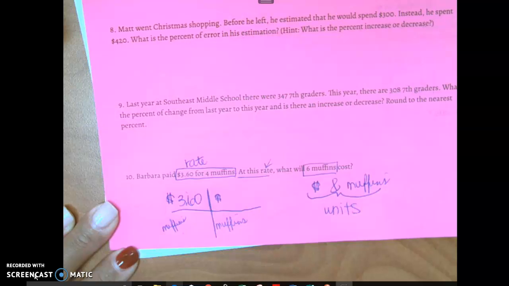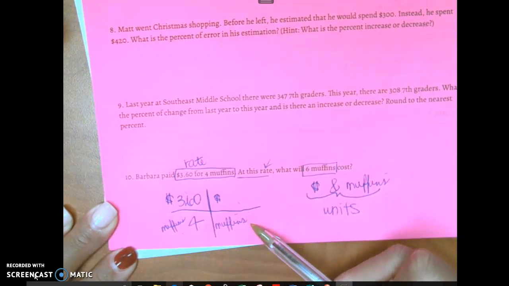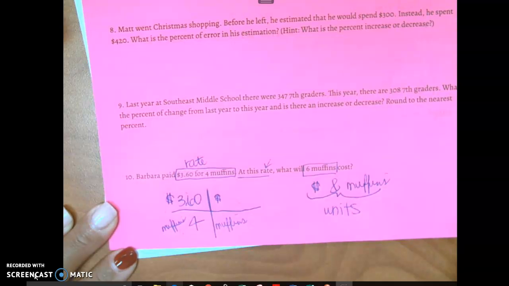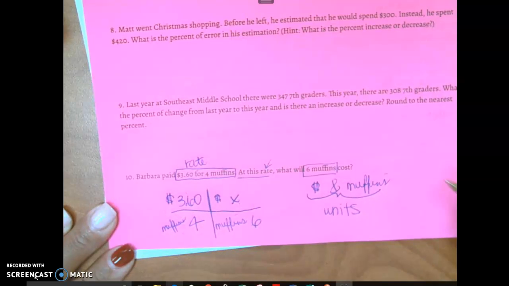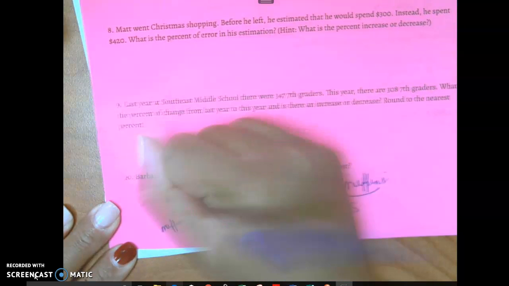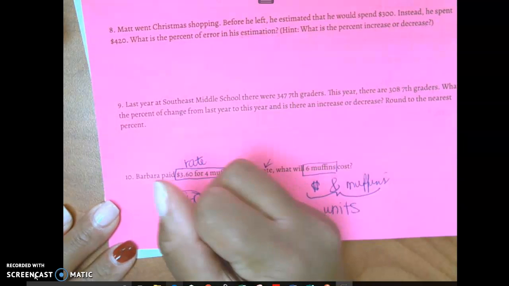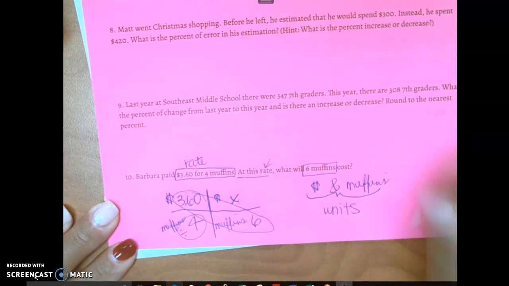And how many muffins? 4. And then do they give me more dollars or more muffins? More muffins. How many muffins? 6. So I put the 6 up here and I put the X here. And then how do I solve? Cross multiply and then divide. Good. So X